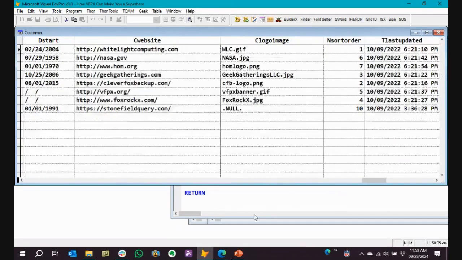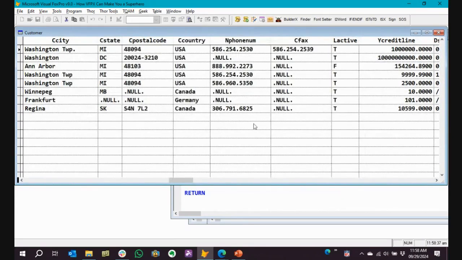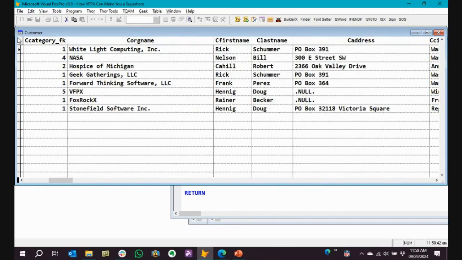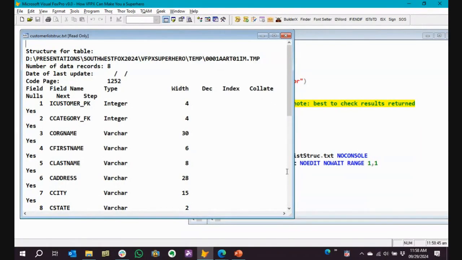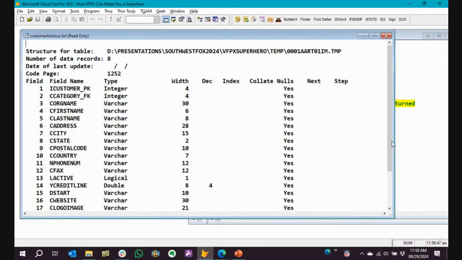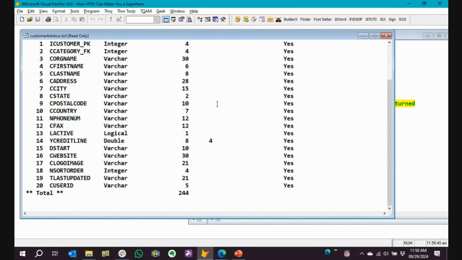Big fonts. Oh, I didn't bring memos in on this one, I guess. Not a big deal, we've got other examples. So here's the table structure it brought in, and I did not create a first name column with 6 characters in it, but that's how much was in my data. I did not specify anything. All I said was cursor, CSV processor, import. I didn't specify anything.